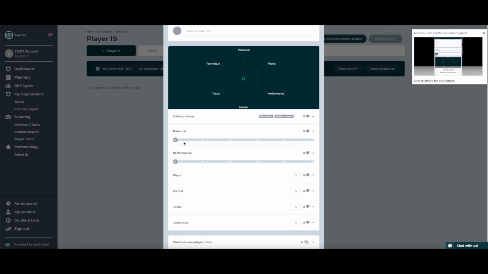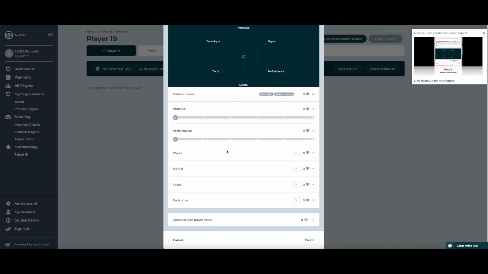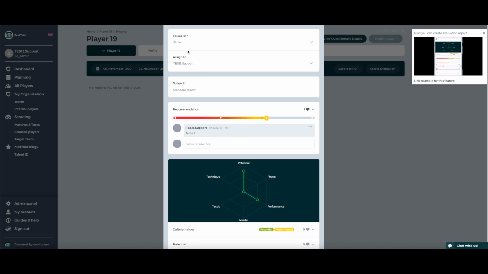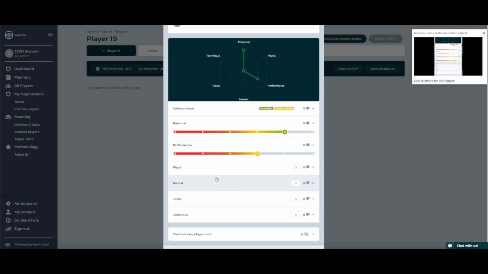Cultural values are the characteristics within the player. Again, the amount of cultural values and the range can be modified by yourself. This is just what the trial has been added from the beginning. Also the description can be changed. To see how all that is controlled, view the tutorial which you have in the welcome page called How to Customize Your Language. The talent ID for this player that was selected was the striker,